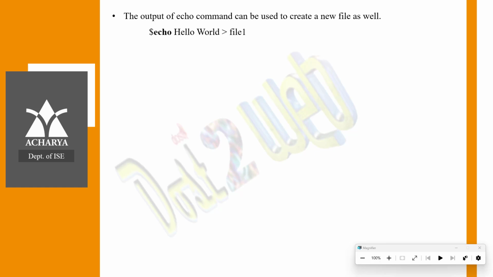The moment you hit enter, what will happen? The file will be created. And then to see the information in that file, you have to use the cat command, right. If you give the cat command, it will give you the result. Let us practice this now.